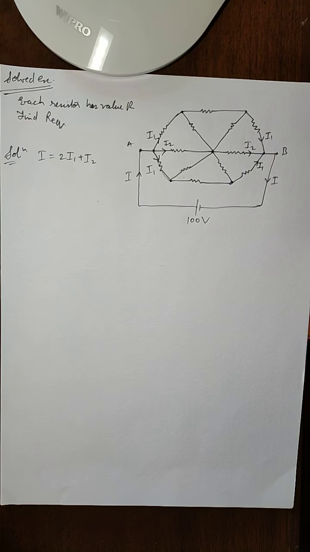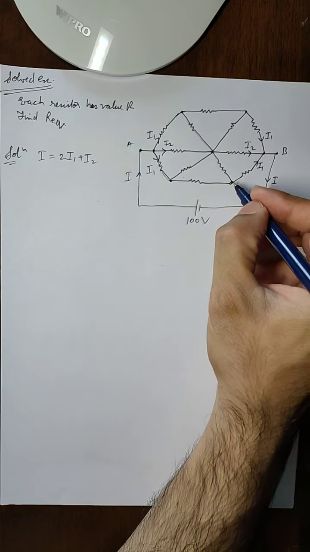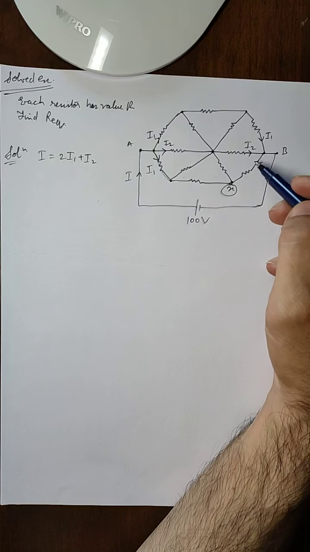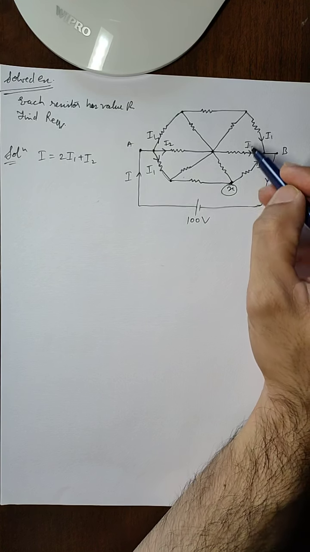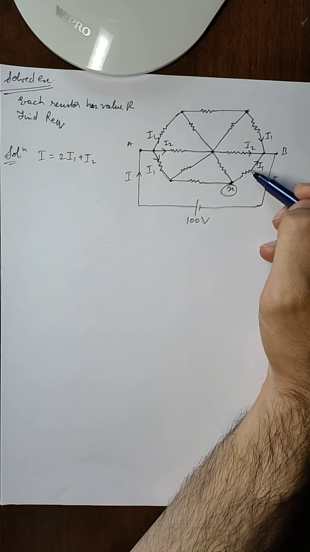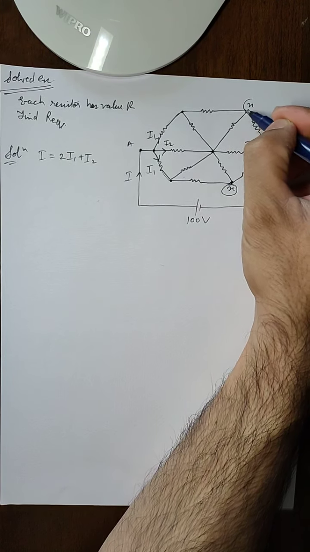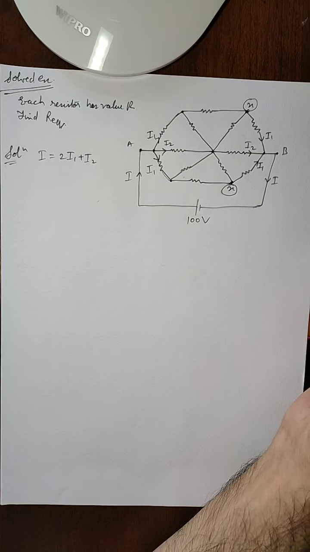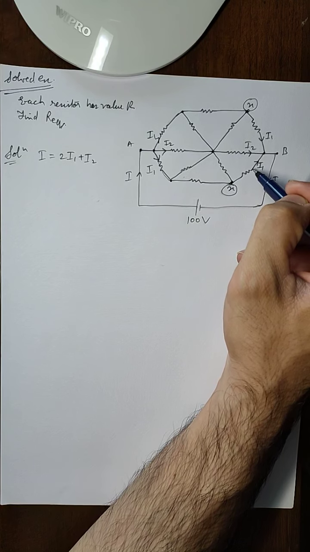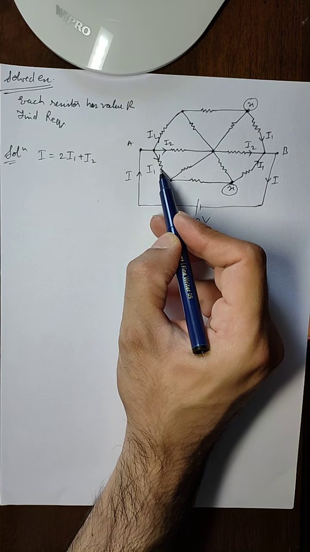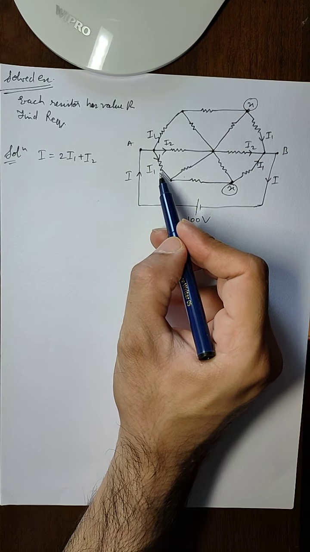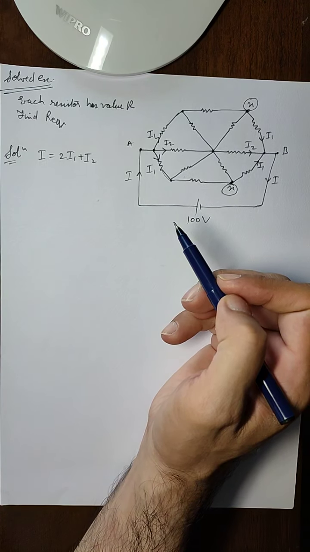So we take X potential, let us say we take X potential at this point. Then since for this point there is a symmetrically opposite point here, and for these two points the values of resistors are same between the two points, if this is X potential, then this should also be equal to X potential. Now same way, for the same current I1, here also the I1 is same and the value of resistance is same. That means the potential difference across this resistor should be equal to the potential difference of this resistor, because the value of current and the value of resistors are same.